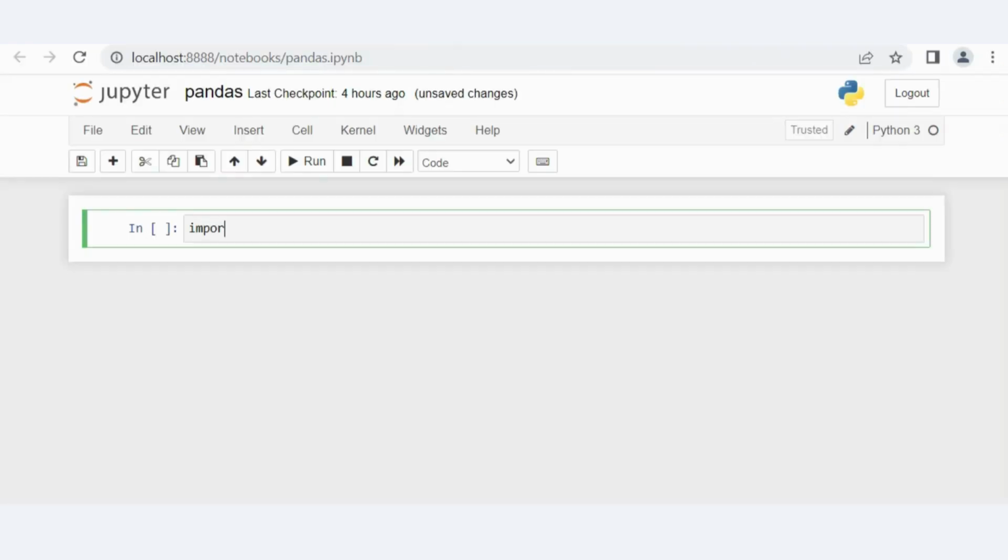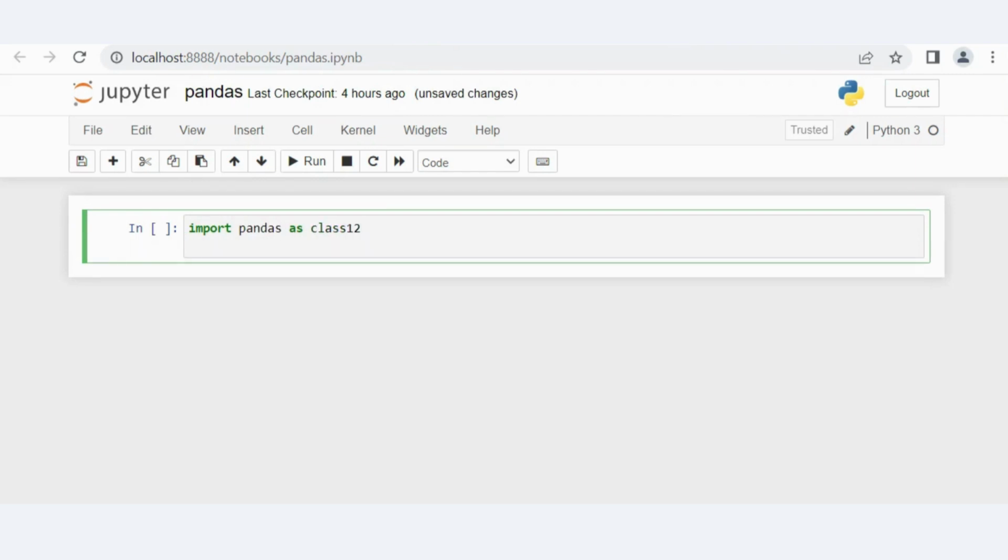Here I will write import pandas as class12, and then I will use it to create series, class12.Series.